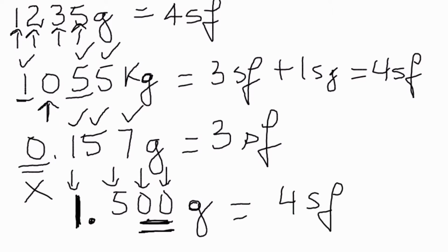We also have a set of rules for adding and subtracting measurements. When we are adding and subtracting measurements, we also have to look at the number of significant figures. The rule says that when we are adding measurements, our answer has to have the least number of decimal places. So let's say, for example, I'm adding